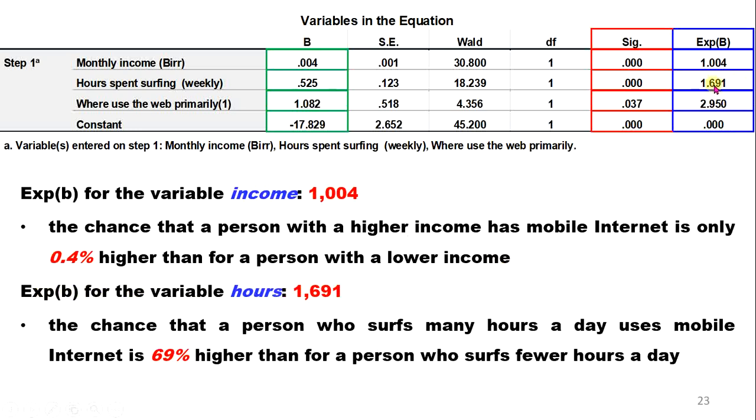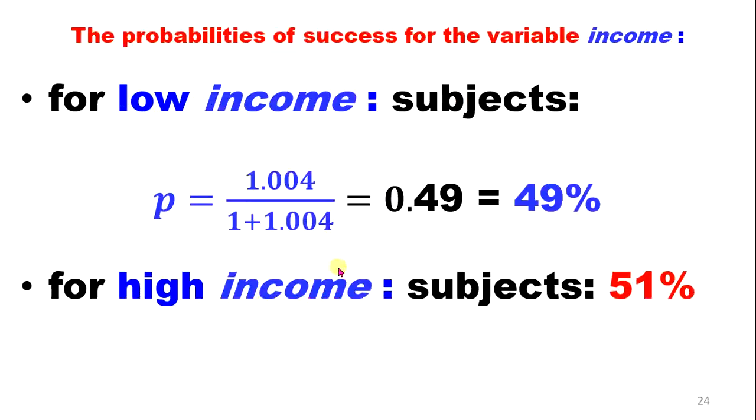then for hours ደግሞ ምንድነው? እዚህ ጋር hours ነው አለ hours spent surfing weekly 1.69 ነው። ስለዚህ the chance that a person who surfs many hours a day uses mobile internet is 69% higher than for a person who surfs fewer hours a day ብላችሁ ኢንተርፕሬት ታደርጋላችሁ። by the same fashion ቅድም እንዳደረግነው we can calculate the probability also ማለት ነው።